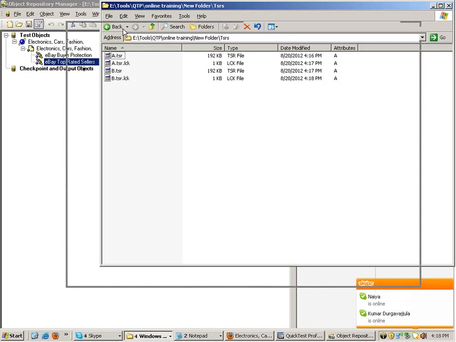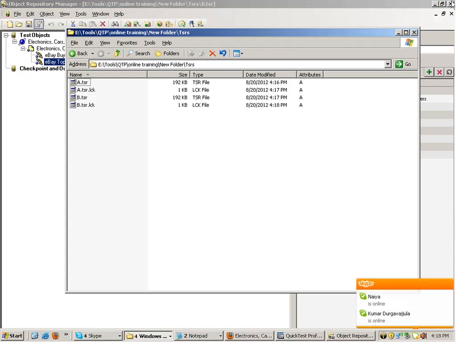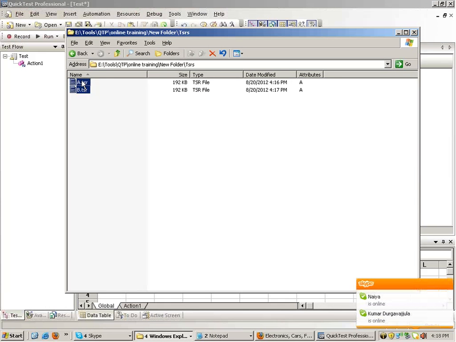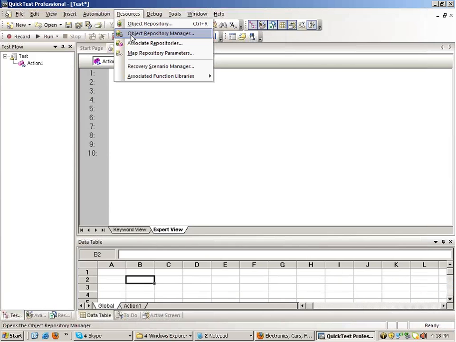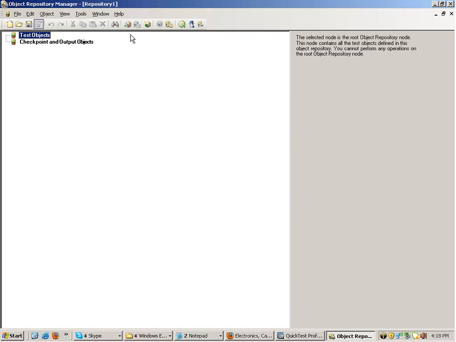Okay. Now, sometimes you run into a scenario wherein you need to merge the two TSR files. That is, you need to merge them into a single file. Alright. For doing that, you can go to your object repository manager, fine, and let me go there.